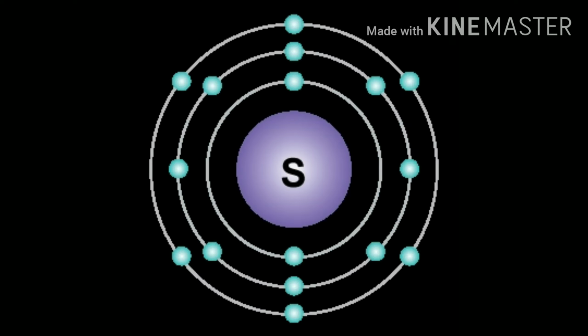Like this, we will take another example of a non-metal, that is sulfur. See here, in the outermost shell, how many electrons? That is 1, 2, 3, 4, 5, 6. 6 electrons are there. See, so the sulfur gains 2 electrons to be an octet. That means it forms the S2- ion, and it is known as divalent.